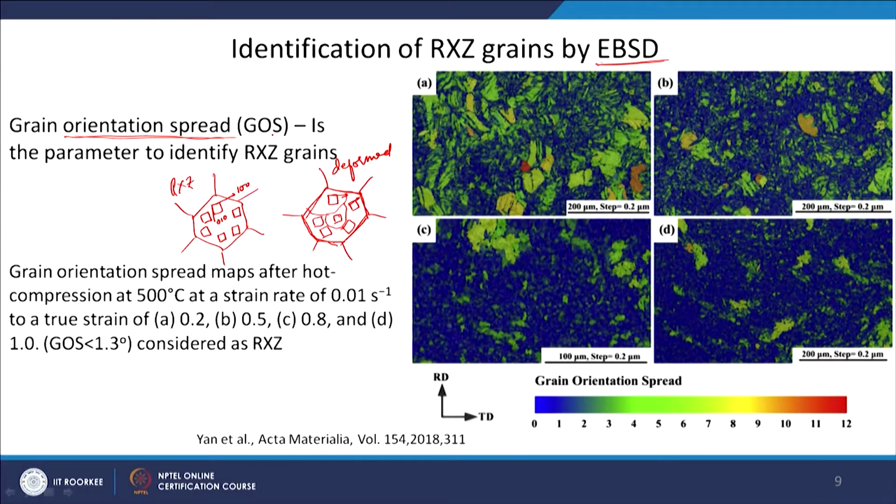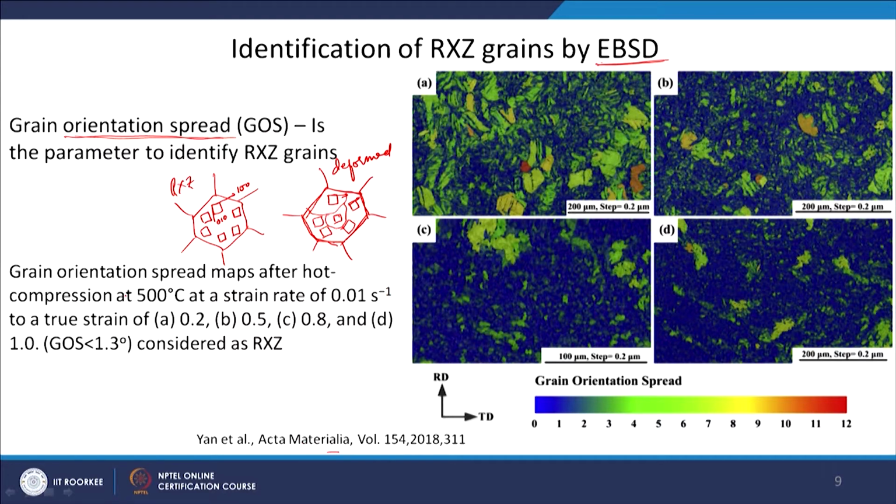and that is how I can find out the microstructural condition after a particular deformation. So, this grain orientation spread is a very important parameter to characterize the material quickly, to see how the recrystallization is progressing as a function of deformation. So, this is one very nice microstructure shown here, taken from papers.